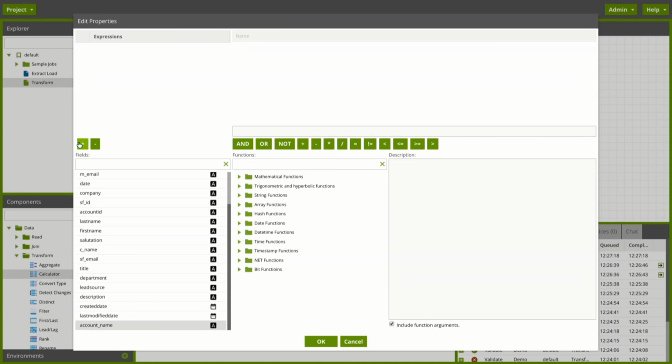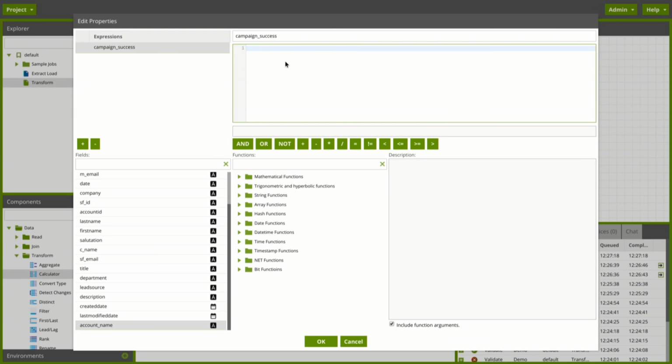So we're going to add a quick expression to say whether the campaign was a success. That's going to be a little bit more SQL.